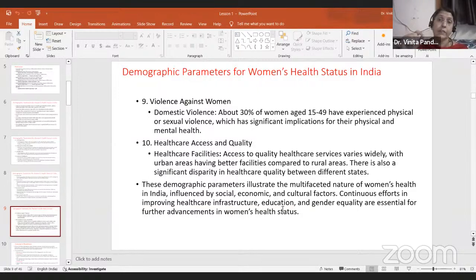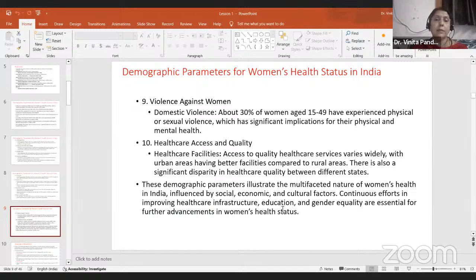So all these factors, if there is higher levels of inequality, if there is greater intensity of violence against women, then its impact on women's health, and that in turn will impact families' health also. That is why we should not be under the impression that violence against women is a separate concept and women's health is not related to it in any way, because mental health of women is also directly correlated with violence against women. The more levels of domestic violence in a family